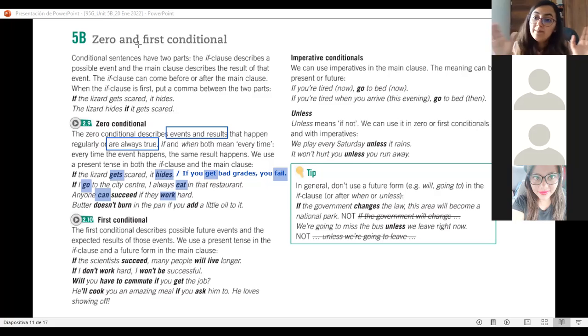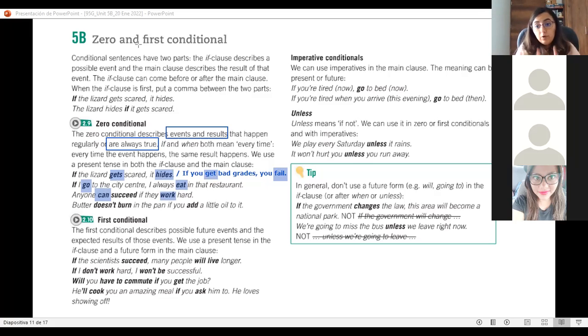Este condicional cero es el condicional más básico de todos. ¿Por qué? Porque en ambas cláusulas, tanto en la if clause como en la main clause, es decir, tanto en la condición como en el resultado, los verbos van a estar en el mismo tiempo. Es decir, ambos estarán en presente. So, if you get robbed, you get frustrated, you get nervous or whatever, right?